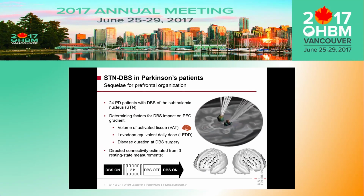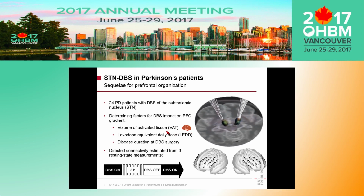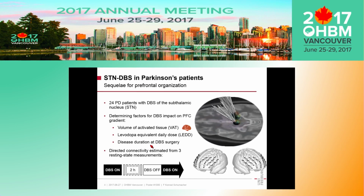Now, first, here's what we did. We assessed 24 Parkinson's patients with deep brain stimulation of the subthalamic nucleus, and we identified 3 determining factors that impact on the functional organization of the prefrontal cortex, or on this rostral-caudal gradient. The first one is the volume of activated tissue, basically reflecting the stimulation strength. The second was the amount of dopaminergic medication patients took. And in this talk, I will only focus on the third variable, that is the disease duration at the time